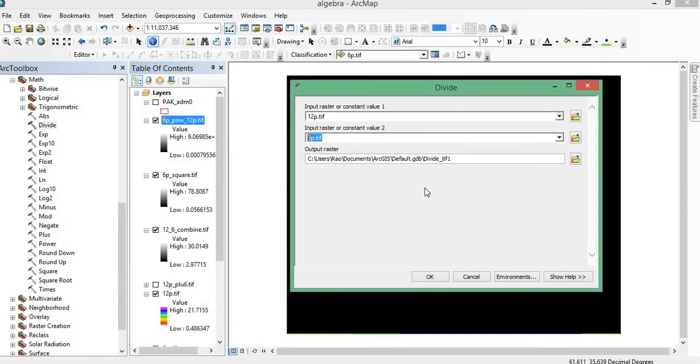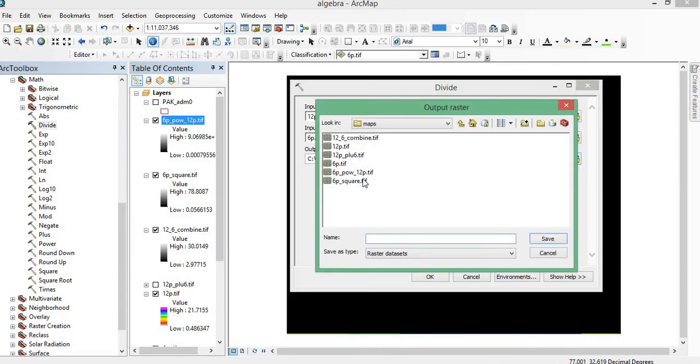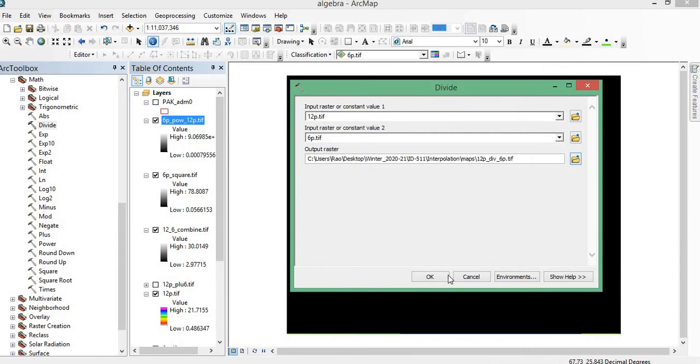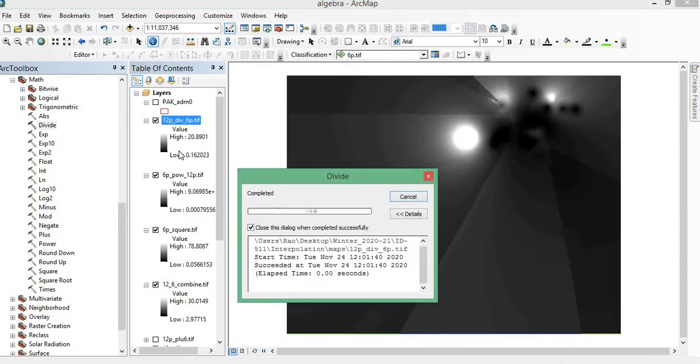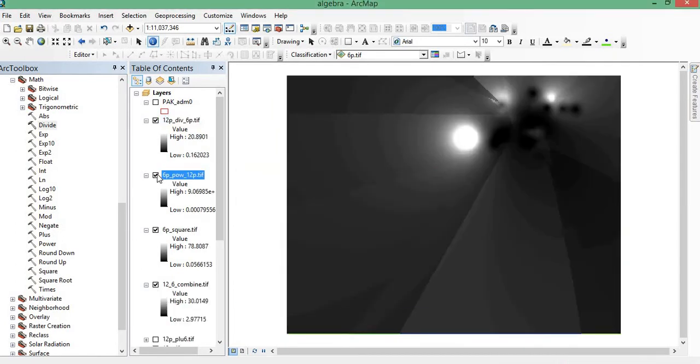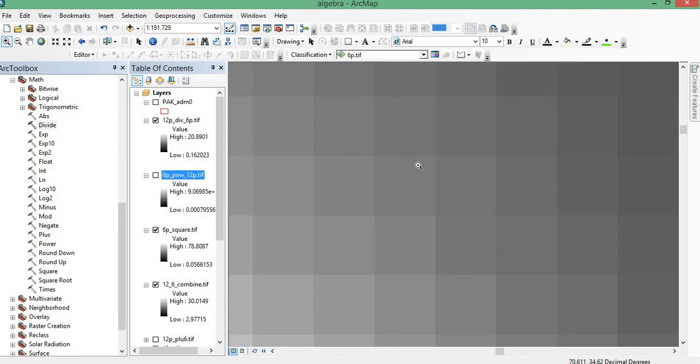Now y divided by x, we can use as 12p divided by 6p. Now we will go to any pixel, like this pixel, these 4 pixels.